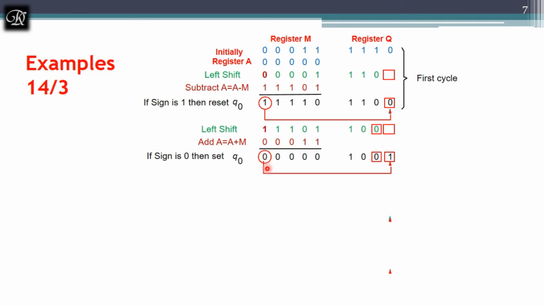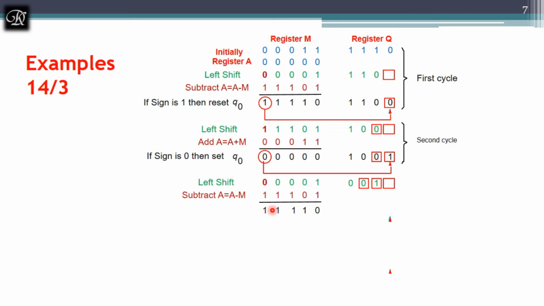Again perform the left shift operation in the third cycle, where I got Q3 1 to A0 and Q0 1 to Q1. Then this is the answer I got after left shift at A, and look into the sign bit of A. I am having a positive value. When I am having a positive value, I am free to perform the subtract operation. When I am subtracting negative 3 from positive 1, I will be getting the answer negative 2.